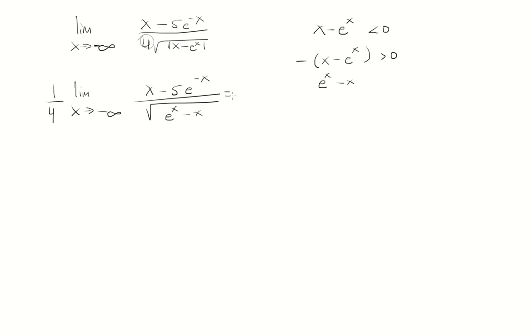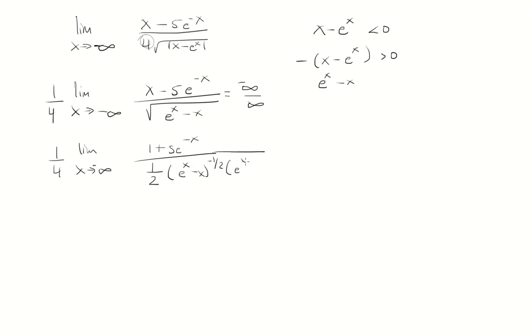Now from here you see that this will just be negative infinity over infinity, so we'll use L'Hopital's rule, and we'll take the derivative of the top, derivative of the bottom. So the derivative of the top is 1 + 5e^(−x), and the bottom is 1/2 (e^x − x) raised to negative 1/2 times (e^x − 1). But then this (e^x − x) to negative 1/2 will go on the top because it's a negative,